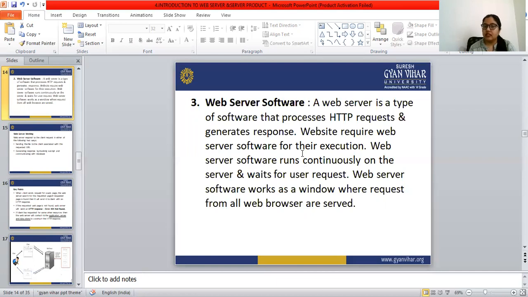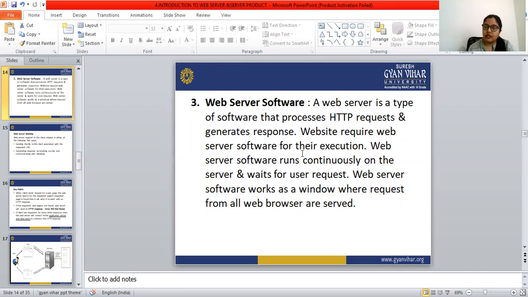The website requires web server software for its execution, and this software runs continuously on the server without stopping, waiting for the user request. When the user enters a request in the web browser, the browser sends a request to the server.